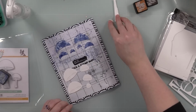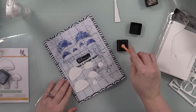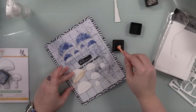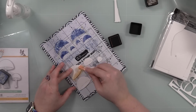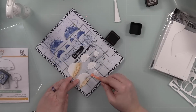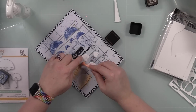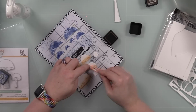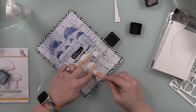Also, again, I like die cutting first. It's the same thing with when I like watercolor die cut pieces, etc. I like having things die cut first because then I can see where I'm putting my ink, my watercolor, whatever it is. So I did the mushroom tops with that Faded Jeans and the smooshing and splattering. And then these pieces are the underneath portion of the top of the mushroom. So the top portions of them you're not going to see because the blue piece is a layer on top of that. So I took the Rusty Hinge Distress Ink and I used my little detail round blending brushes and